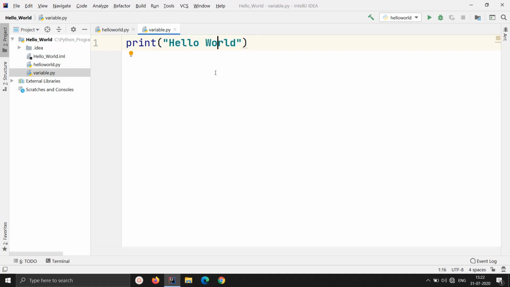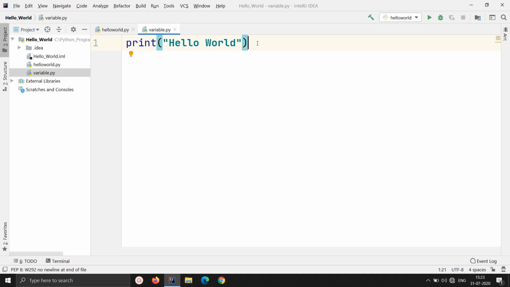But suppose what if I don't want to print it directly? The concept of a variable, as we have already seen in the theory lecture, is that I wish to store that data in some memory location. The user wants to store its data into some temporary memory location. That memory location we want to access.